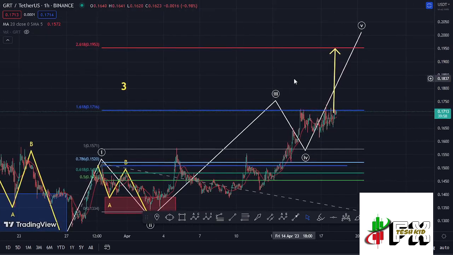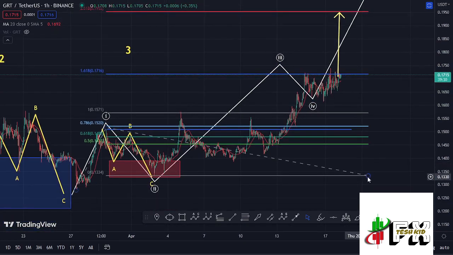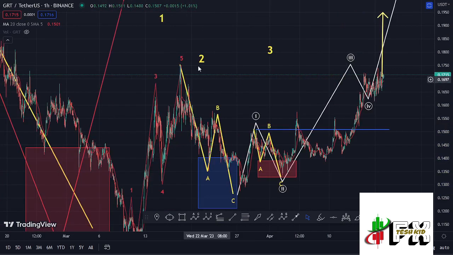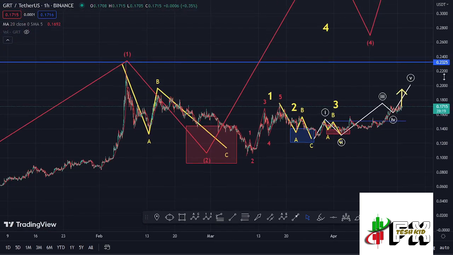We need to have in mind that we have now hit our first target area, which is the minimum target area at the fib level 1.618, and there are high chances that in case we continue gearing up, we are going to see GRT hit the fib level 2.618 at around the $0.1953 mark before we can expect a cool off in the formation of that wave 4, then continue gearing up in the formation of that wave 5 to complete an even larger Elliot wave count 3, which is right here, which is giving me the long-term scenarios, and now giving you the long-term outlook here on the GRT chart,